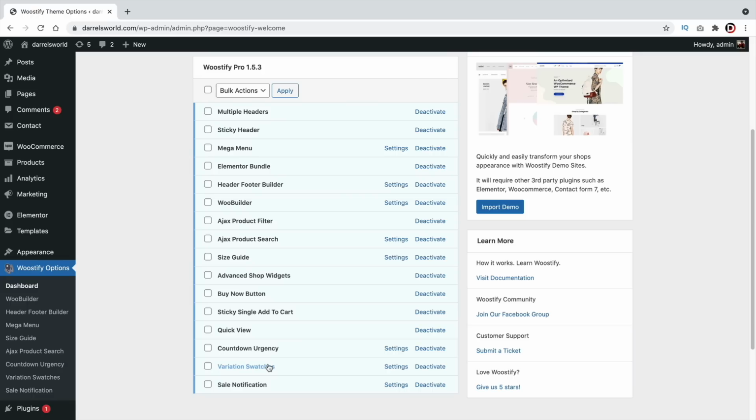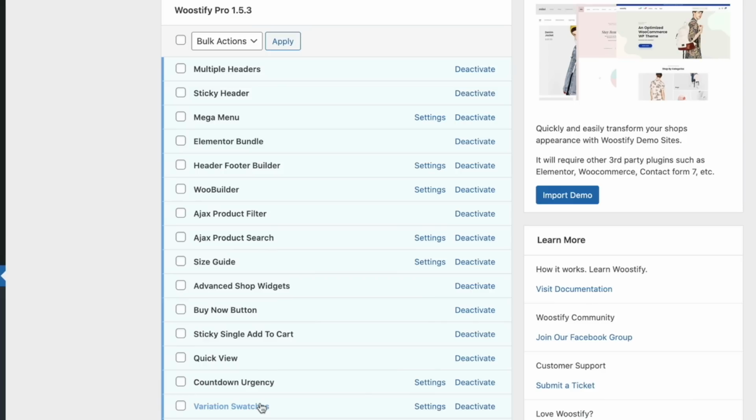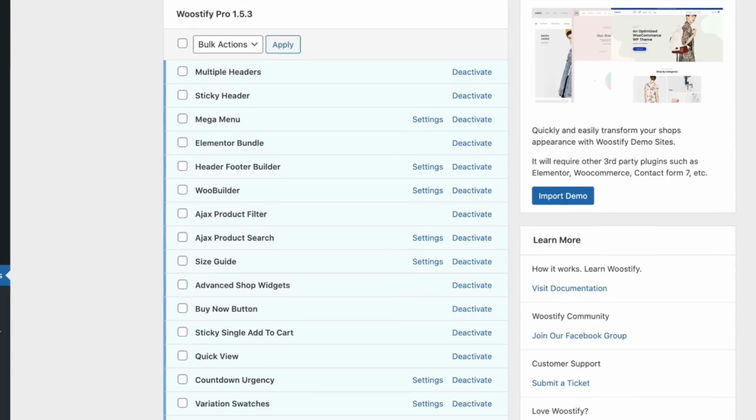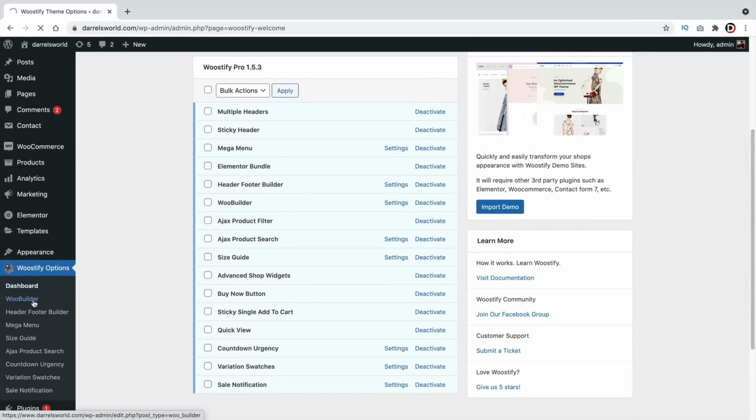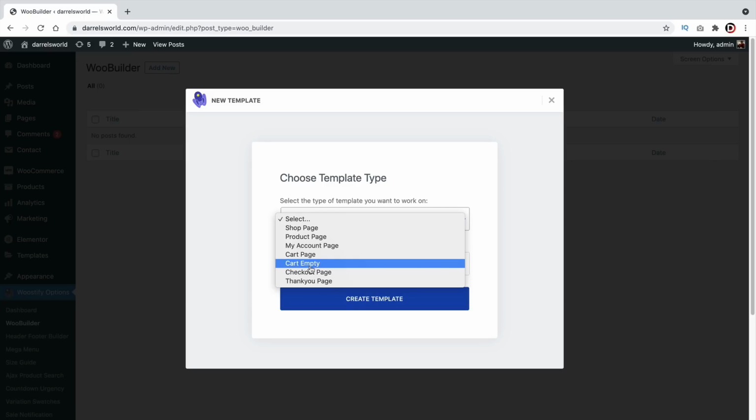Now, the pro version of Woostify is actually pretty useful. Upon activating the pro version, you'll have access to a ton of features like multiple headers, a search Ajax, fake sale notifications, and a whole lot more, which I really can't cover all in this video. However, the best feature that this theme offers is the Woo Builder, and I think that's what sets us apart from other WordPress themes. With the Woo Builder, you can create a custom shop page, a custom single product page,